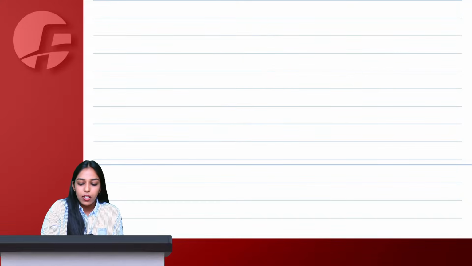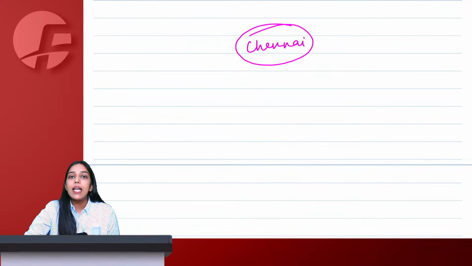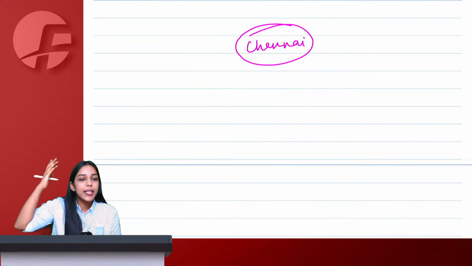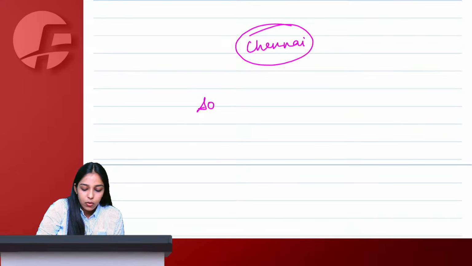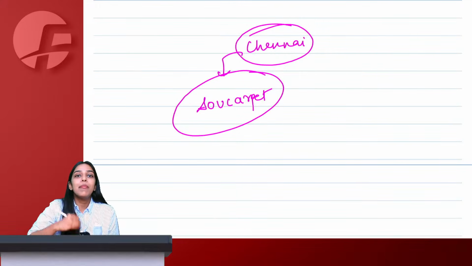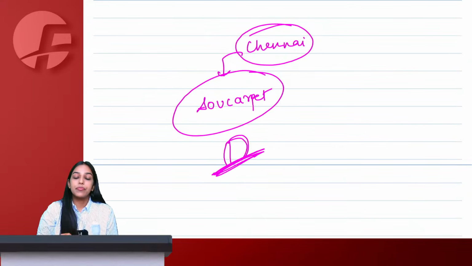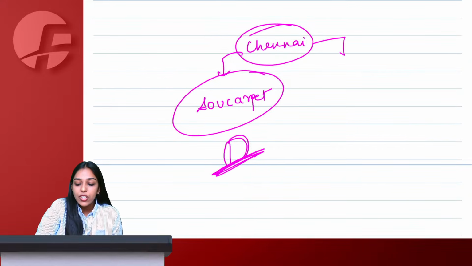Chalo, because this is an English batch, we'll take the example of Chennai. So just name 2 areas of Chennai. One I know is Saukarpet. Now I don't know if I'm writing the spelling right or not. There's an area known as Saukarpet in Chennai. So let's say my registered office was in Saukarpet, Chennai. But now I am changing my address.